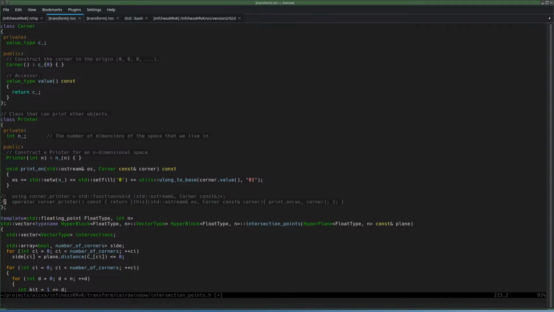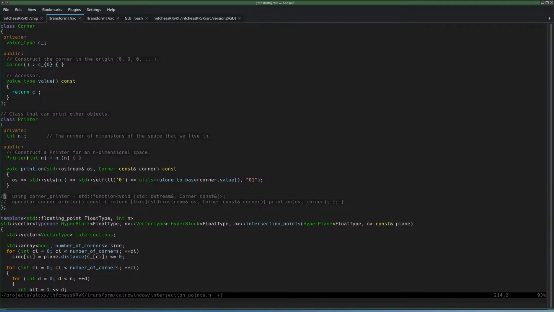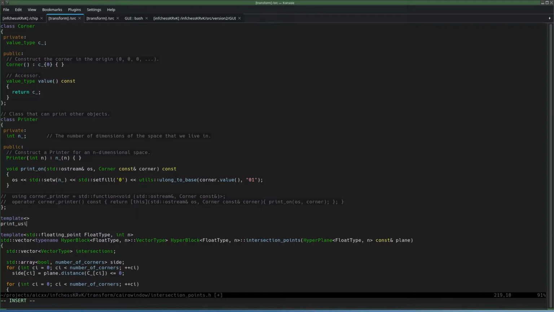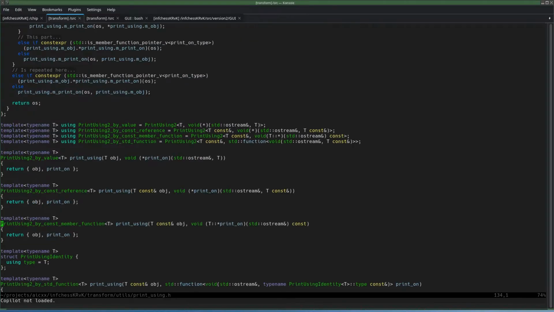So I want to try to change the corner thing into a template, so I don't have to repeat this. So I can just add print-ons for every object, and then it will work. So that could be a specialization for the print using template. That is a template, right? Yeah, of course, it's a template. So something print using, but it must be